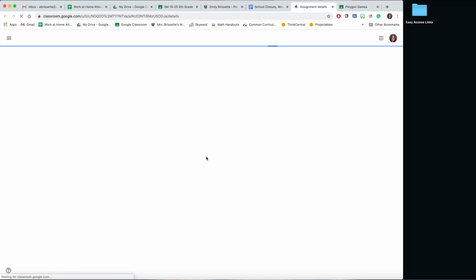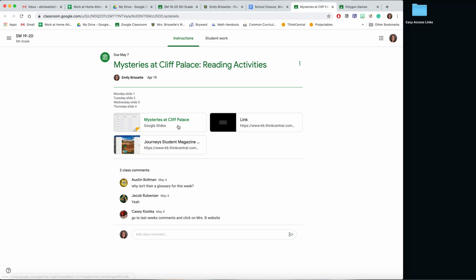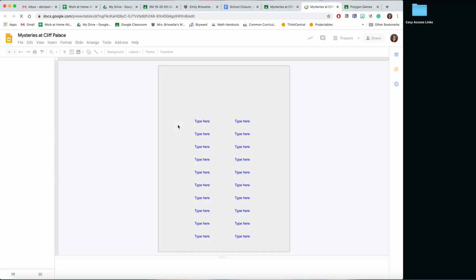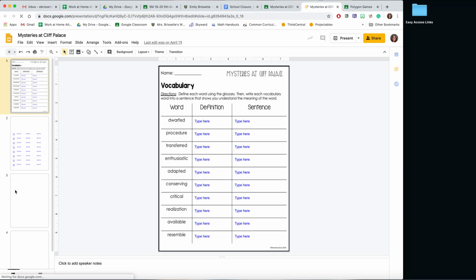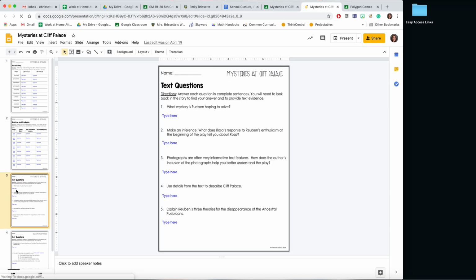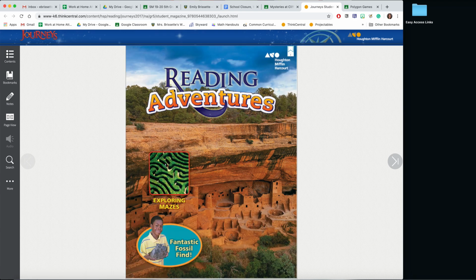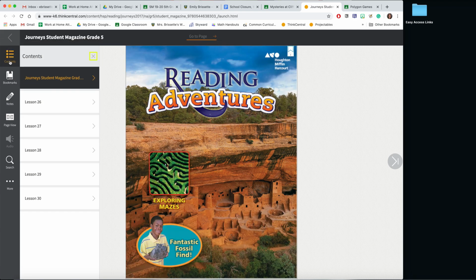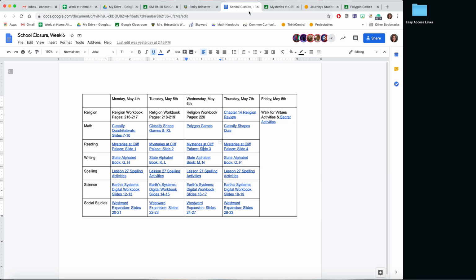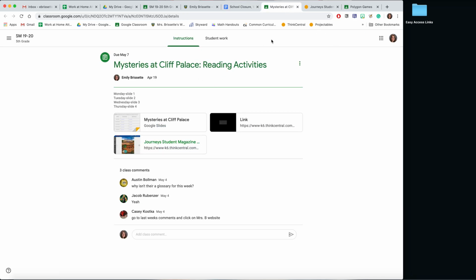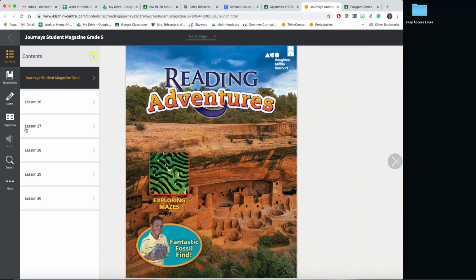For Mysteries at Cliff Palace, today we are on slide 3. So we're working on the text questions. There are 5 questions to do today. To find the story on here or in your magazine at home, you're going to want to head to the table of contents in the actual book. And we are on lesson 27. So if you go to the table of contents and click on lesson 27,